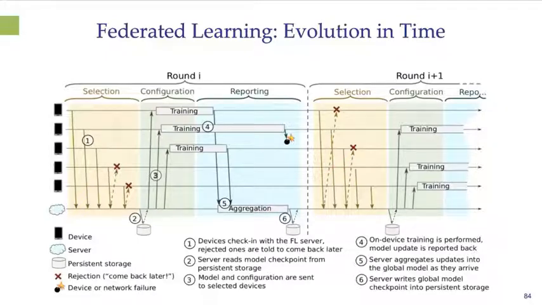So the two kinds of things that can happen are, if you're an end user device, you're not selected, and therefore you can't at that time send your updated weights to the aggregator, or you may be selected and yet you can't transmit because of some of the impairments of the wireless channel.